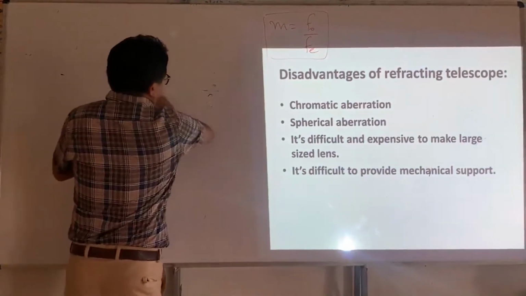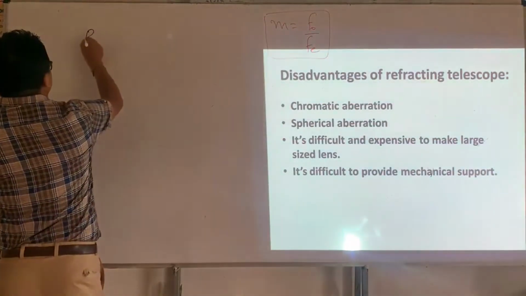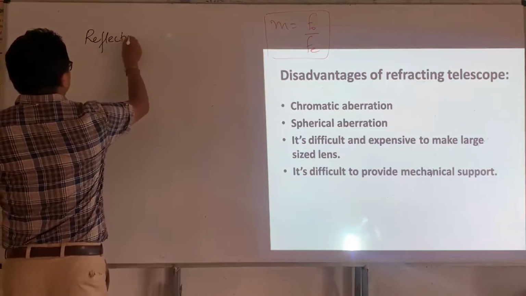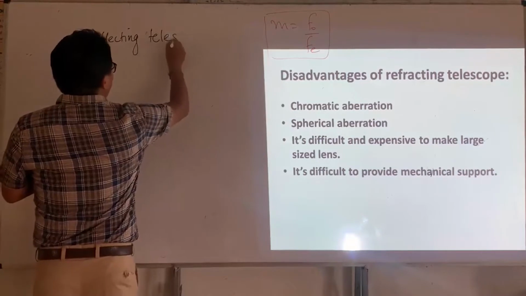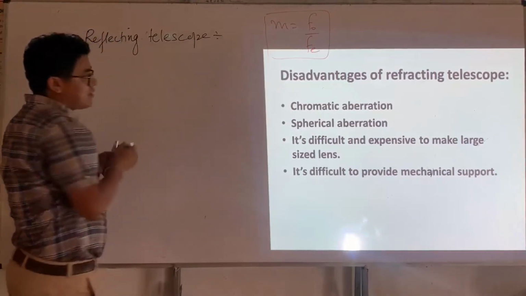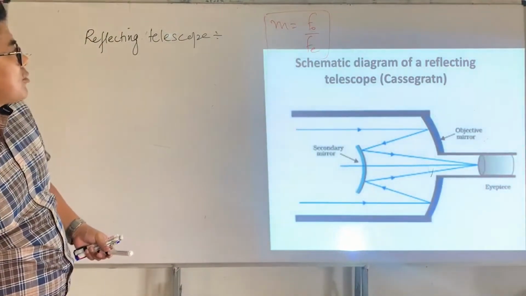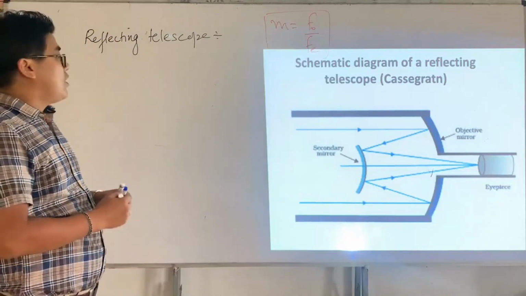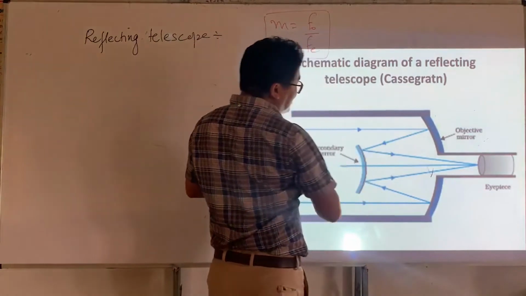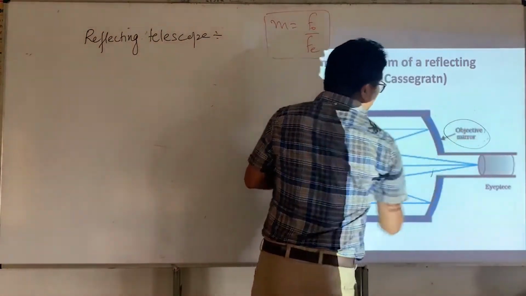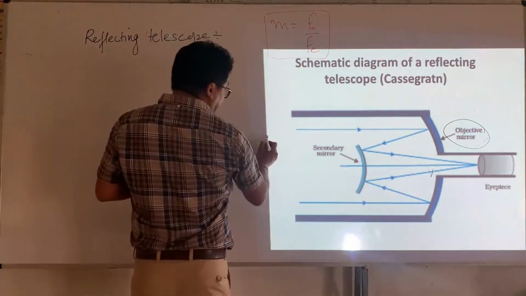Reflecting telescope. So this is a reflecting telescope, a schematic diagram of a reflecting telescope. So this is what we have. Let's say I design this concave. This is a concave, what we call the objective mirror, a huge objective. All right. So this is the image of an object